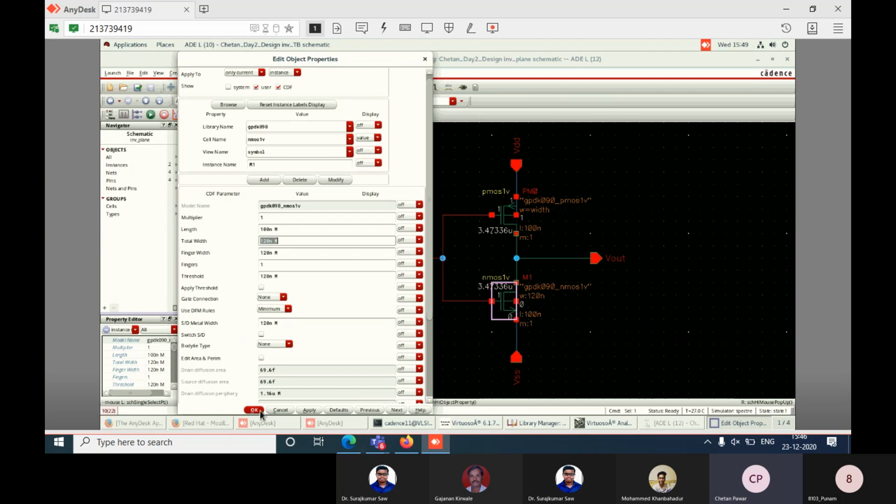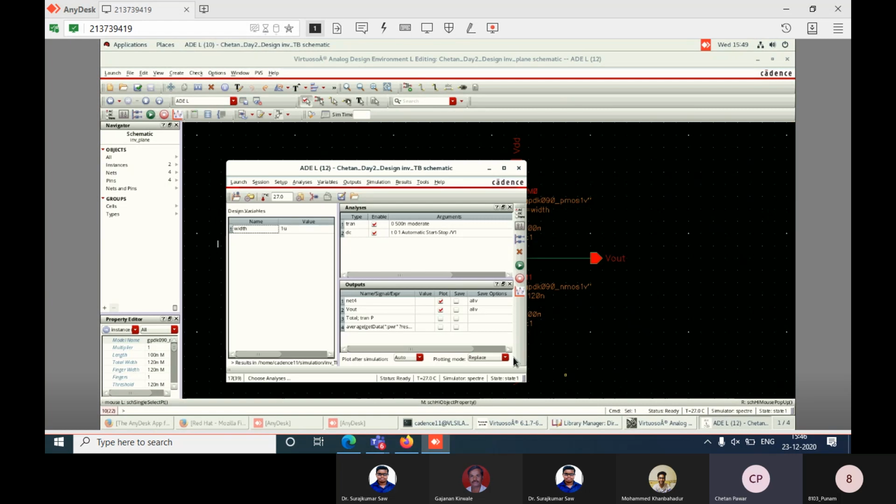So what we will do, instead of varying the value from 1U to 2U, here I will put the width 240N. You can also cross check. Go to the ADE first, and instead of 1U, put 240N there. So it is almost 2 times the NMOSFET. Okay, good. Have you put it, Poonam? Good. Go to tools, parametric analysis.